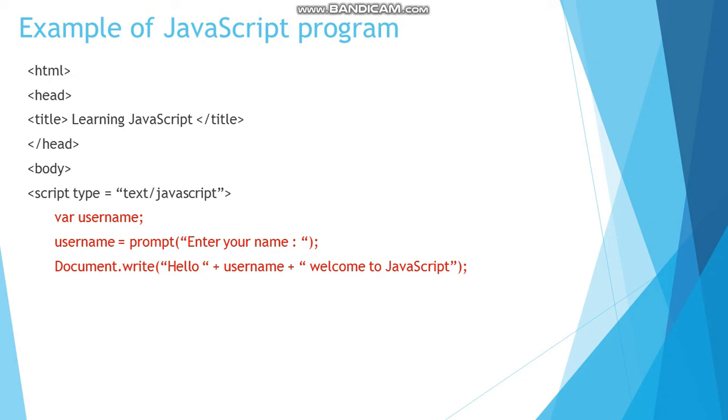Username is a variable, and suppose we have given Ultravision Academy as its value, then it will print hello Ultravision Academy, welcome to JavaScript. So here it takes input from the user and then stores it in a variable, and at last it prints this statement. So /script